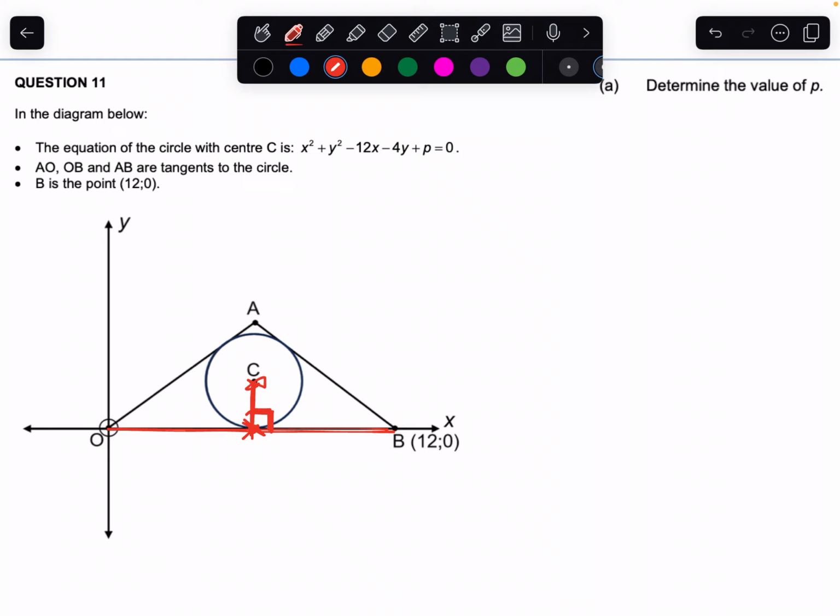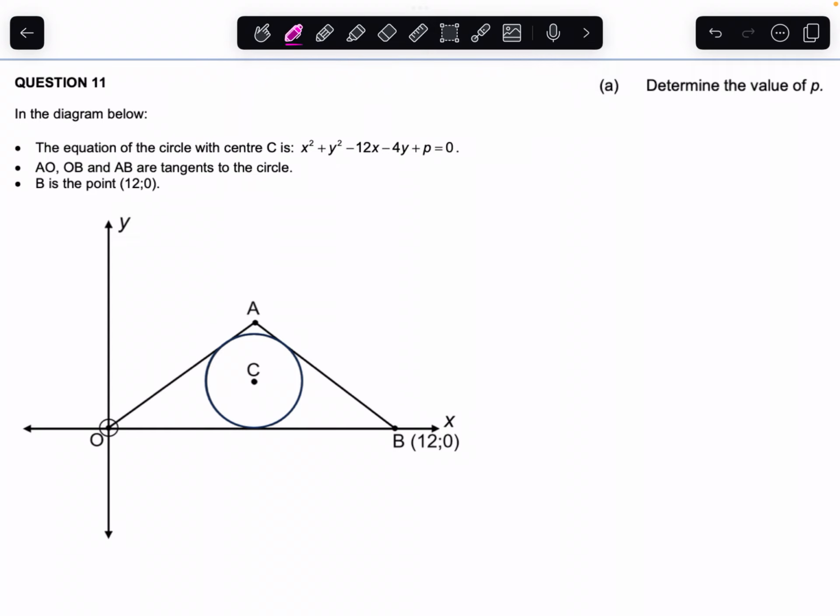So if I know what the coordinates of C are, say for example the coordinates of C are (5, 3), then I know that this distance is just 3 units, because C is 3 units above this point. Okay, I've belabored the point, but I hope it makes sense. So, just to let the examiners into my brain,